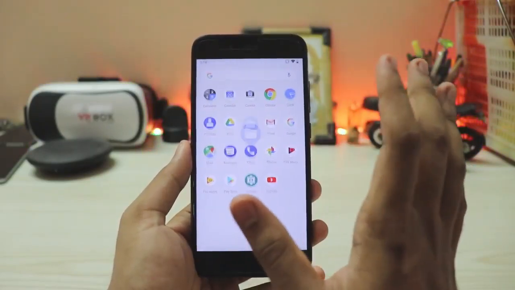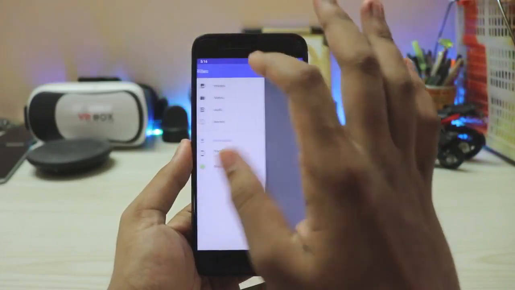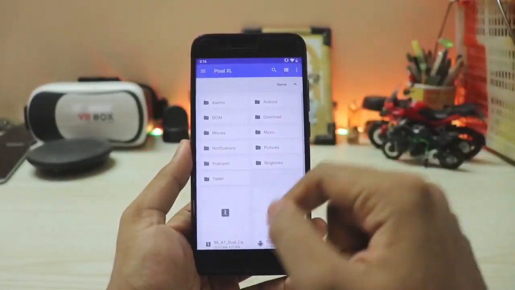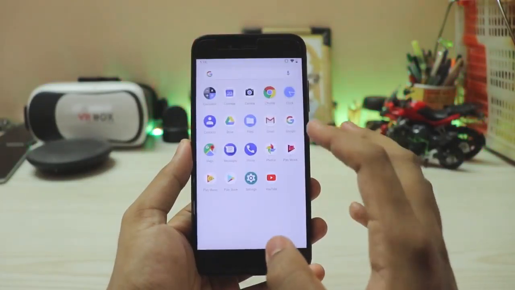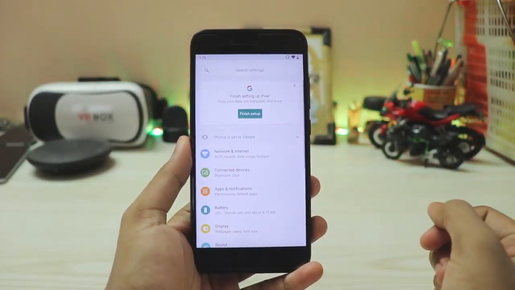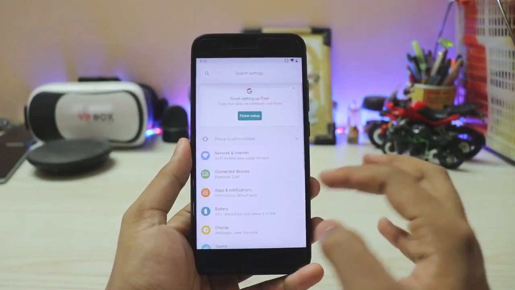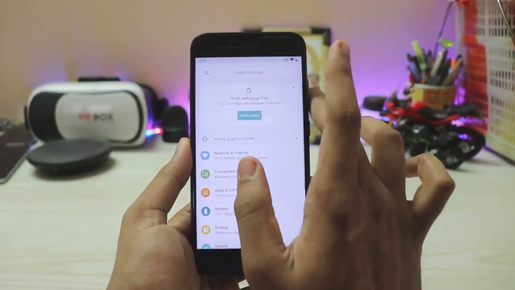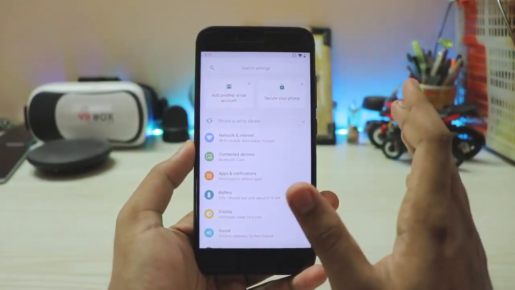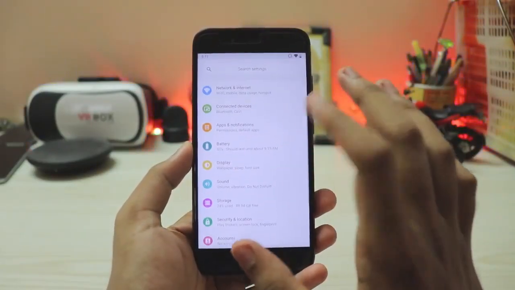Also, file manager and all the stuff just works fine on this. There is no SD card lag, so there is no lag fix needed for this phone. This just works fabulous. And then let's just take a look at the settings. As you can see, looks quite new. Looks like OxygenOS to be honest, but OxygenOS actually is copied from this thing. But as you can see, it tells me to finish my setup. No thanks. Pretty much all the stuff is just the same from Android 8.1, but there are some additions such